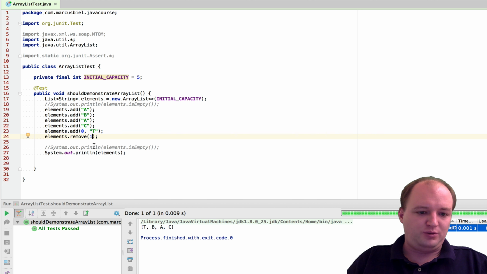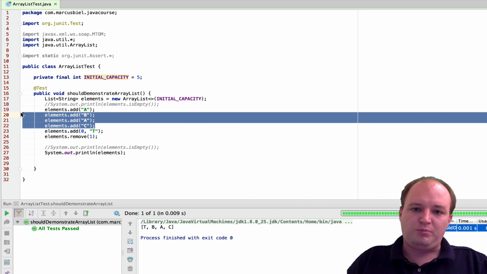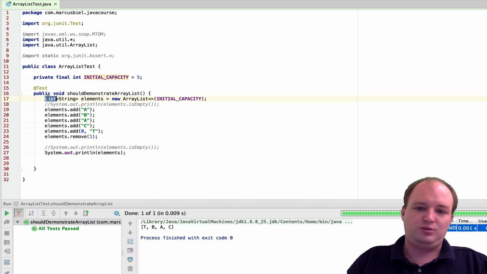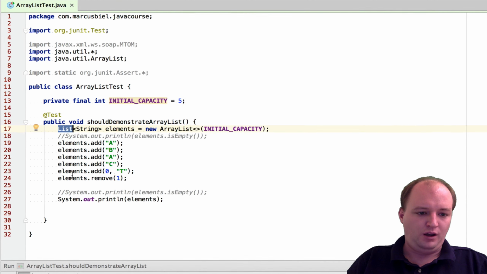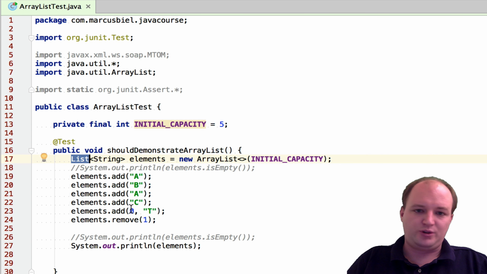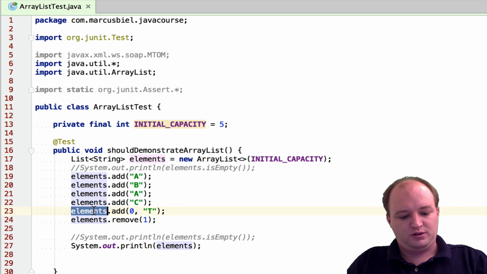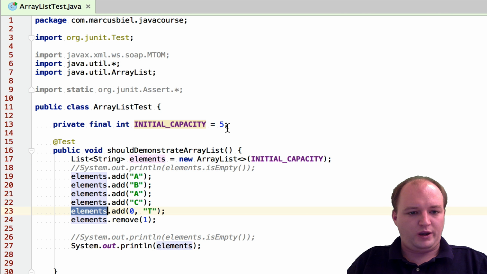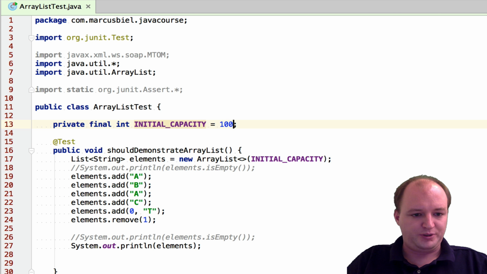Really, I have to tell you, these index-based methods, I hardly ever use them. Normally, you're fine actually with most of the methods of the collection interface, which again tells you that often it's a good idea to use collection here. Okay, so this actually inserts an element. By the way, let's increment this a bit, just for demonstration purposes. I mean, this is not so flexible.